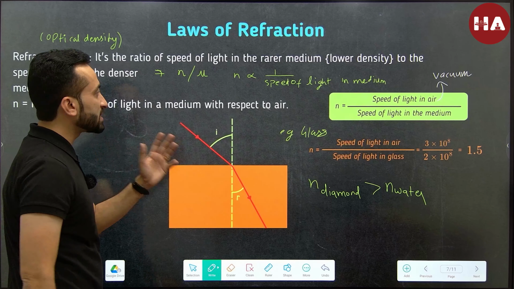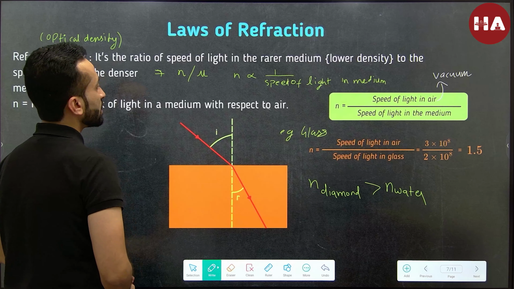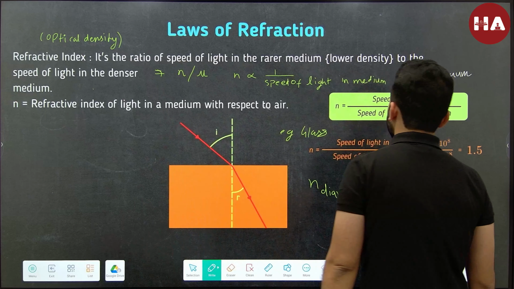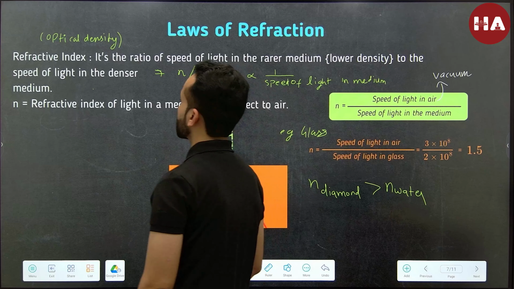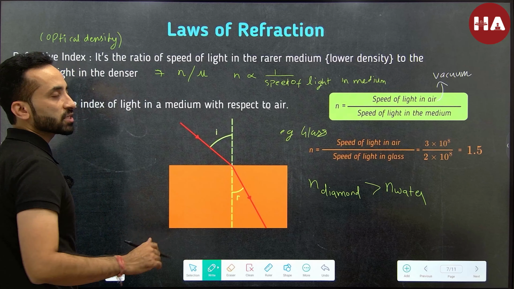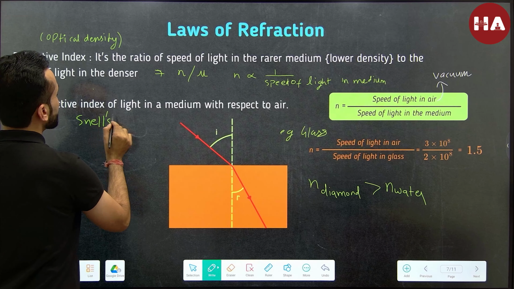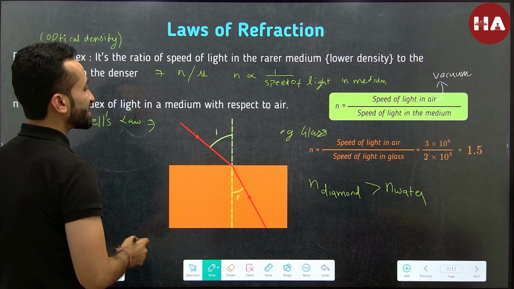Now what is this Snell's law, students? This is very important that we are discussing next, that what are the laws of refraction, though I have it on my next slide, that what is Snell's law, but before that, we will discuss it here. So what are the laws of refraction? This is the main law, which is called the Snell's law. So what is Snell's law, students? So it states that,